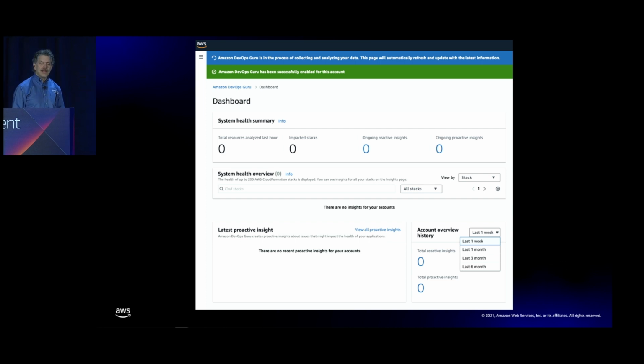When you first enable DevOps Guru, it needs some time to establish a baseline and begin detecting unusual patterns. You could start seeing insights in as soon as 2 hours after enabling it. And that would depend on the size of your account. It might also depend on, of course, whether or not something is actually going wrong in your system. This is the dashboard that will give you a summary across all your monitored resources.